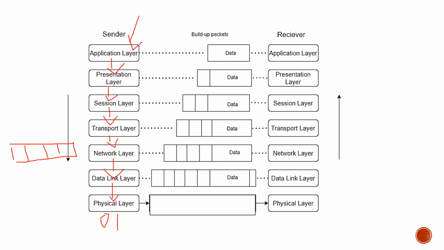After this, it is moved from the physical layer to a transmission medium. The transmission medium can be either a LAN or Ethernet, whatever it is. Through the transmission medium, it is moved to the receiver's physical layer. In the physical layer, the data will be in the form of zeros and ones, and then it is moved to the data link layer, where it will be converted into frames, and then to the network layer, where the frames will be converted into packets, and from the packets in the transport layer, it will be converted into